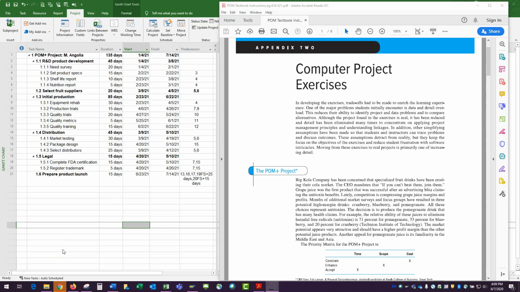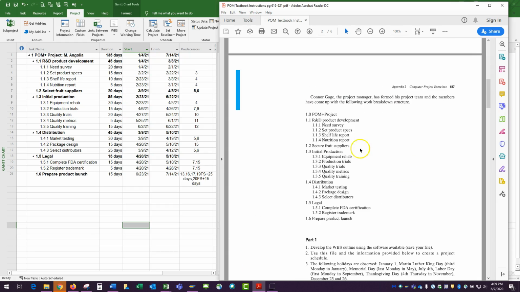This is the first of a series of videos to help demonstrate how to create the Microsoft Project file required for Part 1 of the POM project. Now, these are the instructions. What we see here is the work breakdown structure, and we see that recreated over here in the Microsoft Project